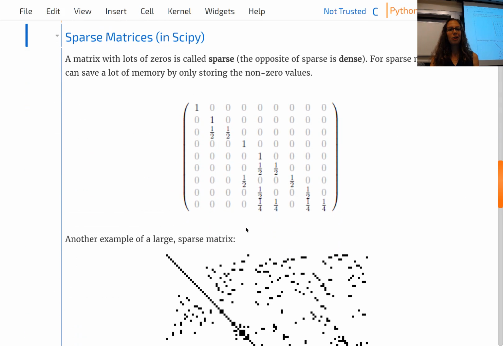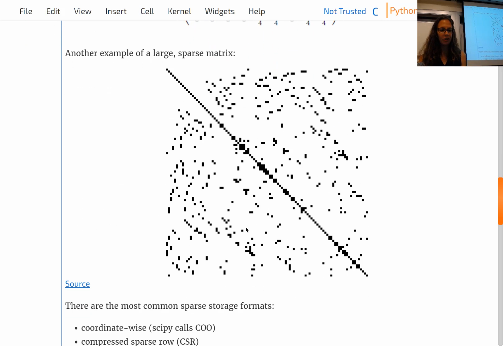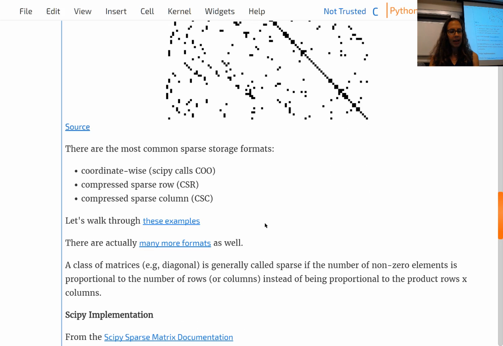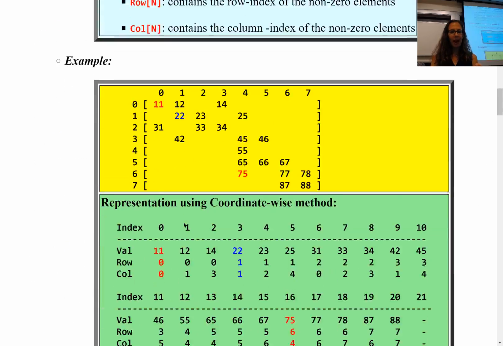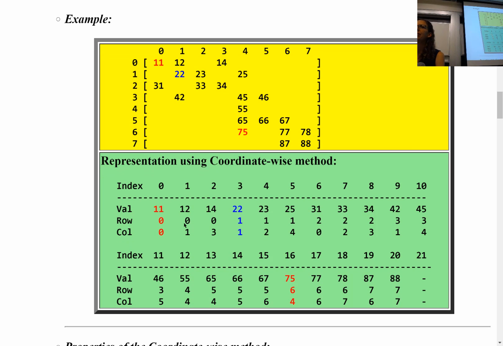Okay, so next up, we talked about how SciPy stores sparse matrices, and that there were a few different matrix storage formats. Let's see. Can anyone describe how coordinate-wise storage works? Matthew? Isn't it the indices and then the value? Exactly. So you're keeping track of the index for the row, the index for the column, and the value